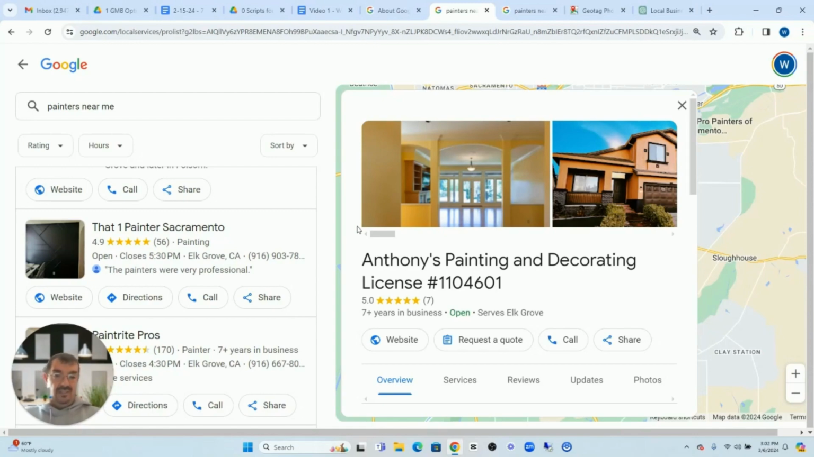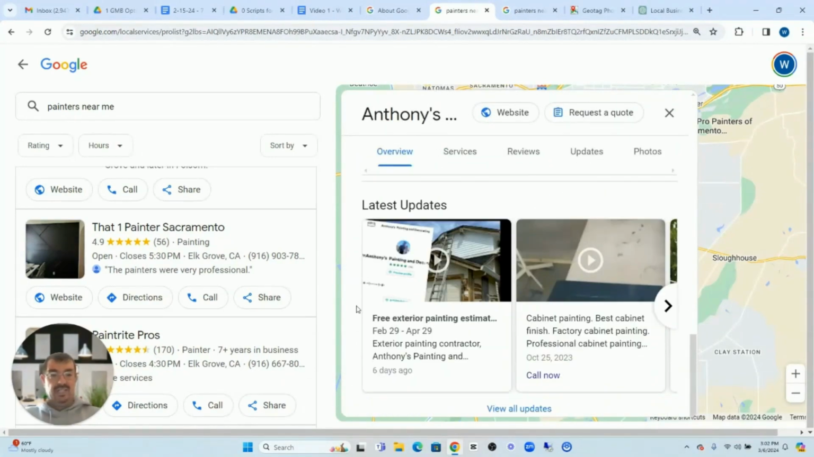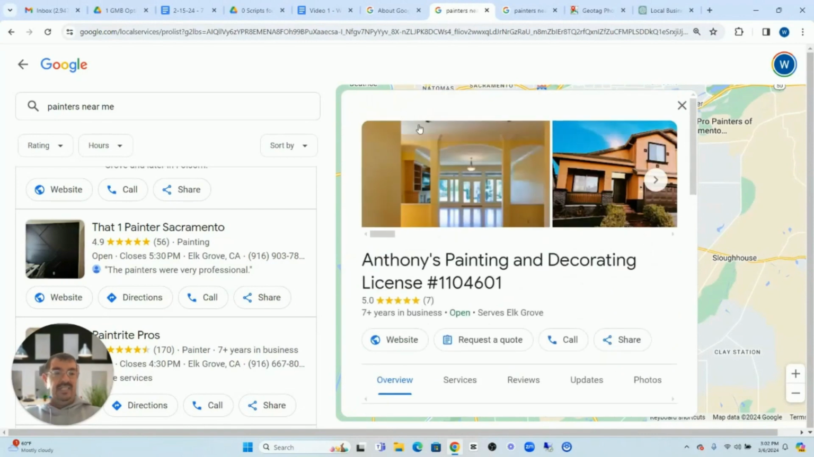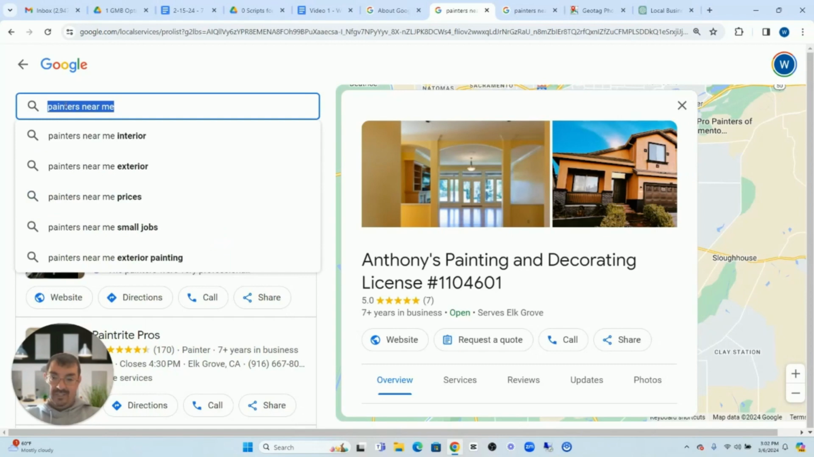The best way to do it, outside of the posts, which I'll go into in another video, is adding photos. Adding photos is a very simple process, but most local businesses fail to be consistent at adding new photos. You can literally add photos of jobs that you've been at. You can add photos of your team, or taking photos with previous customers. If I do this search for painters near me, you could easily do before photos,